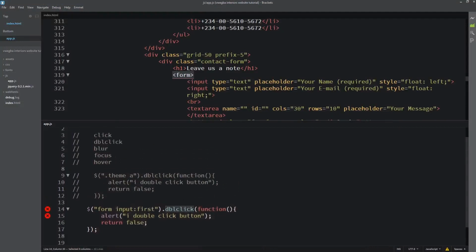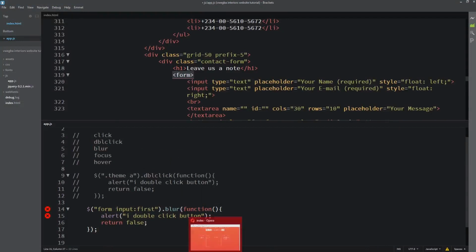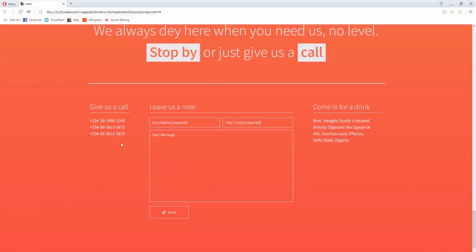Now I'll write blur. What blur does is this: when we start to type something inside here, the input field has gained focus.